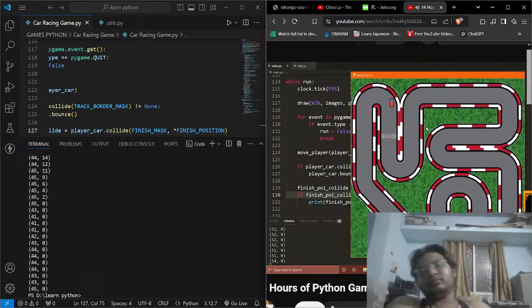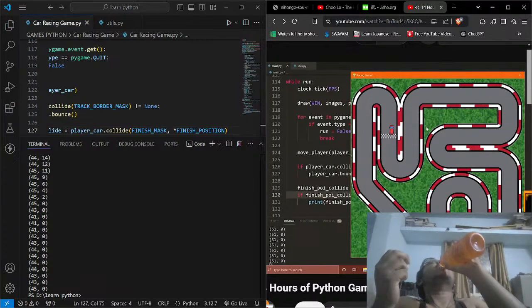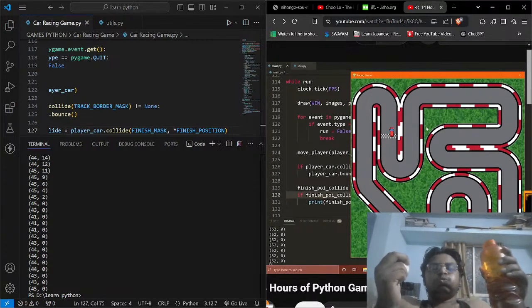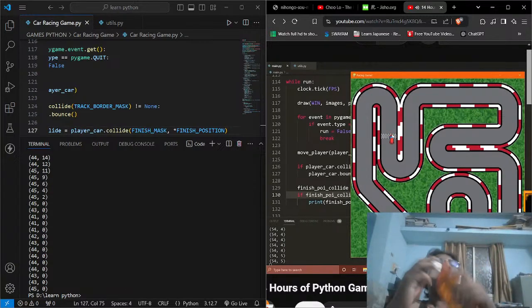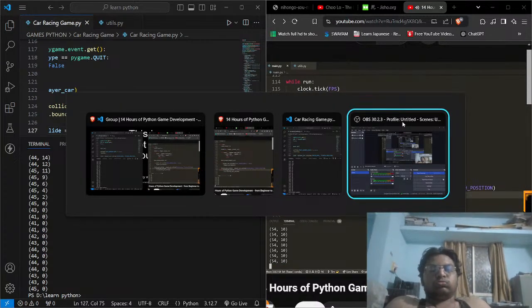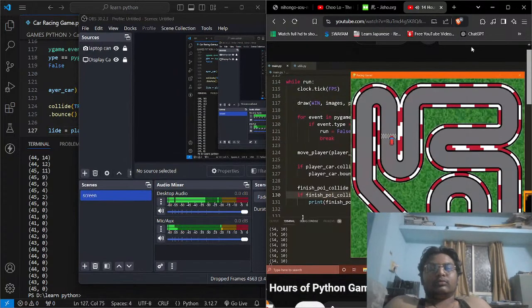So if I keep going back here, let's go back, back, back. Let's just go slow here. Notice all of these are 0, 0, 0, 0, okay? And then as soon as, I guess, the top of my car kind of gets to the middle of the finish line here, we get some actual values for the y coordinate. So what we can do is we can just check if the y coordinate of the point of intersection is 0, and if it's 0, that means we hit it from